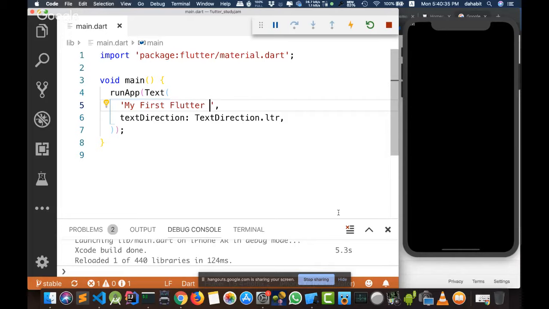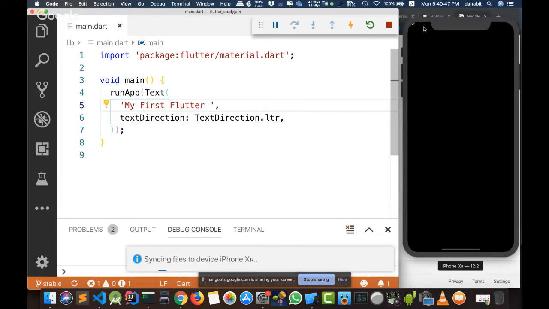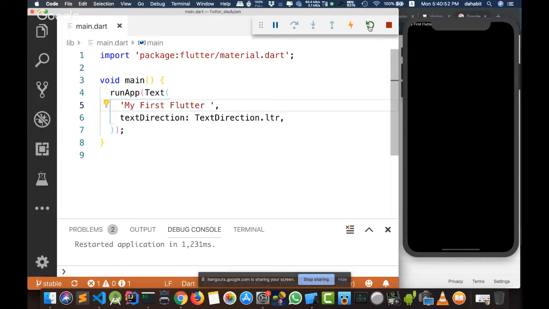If you are writing your application inside the main method this way, you are losing the hot reload. Any changes you make will not appear here until you do a hot restart or full restart of your application. When I press on this green button, you will find that the changes that I made appear here.